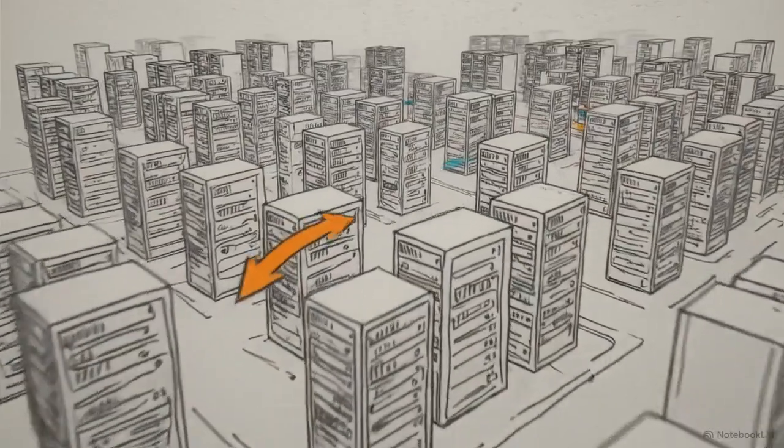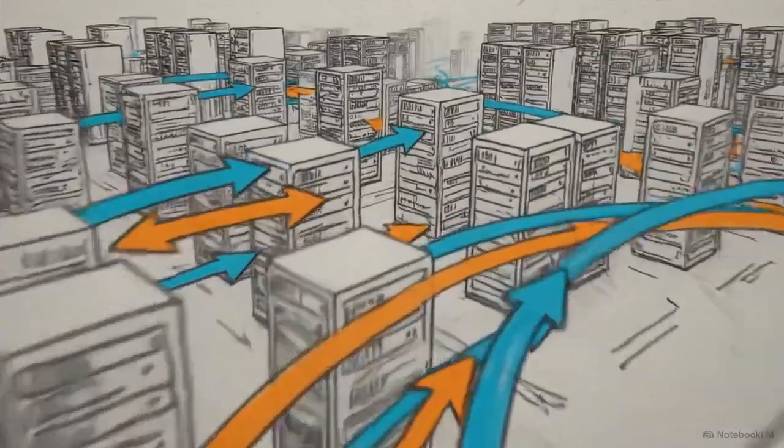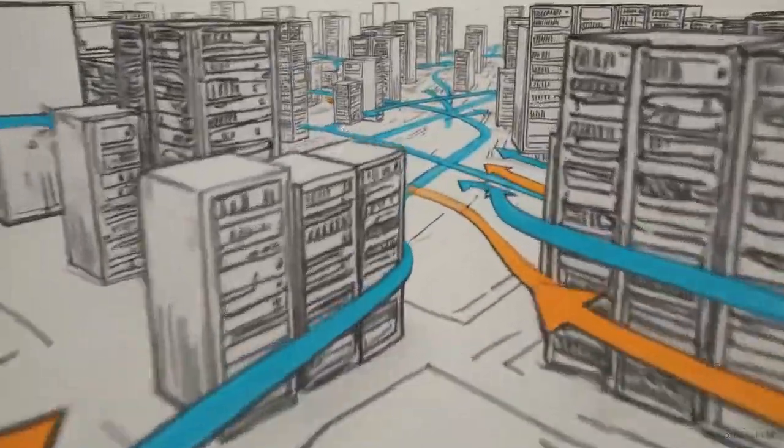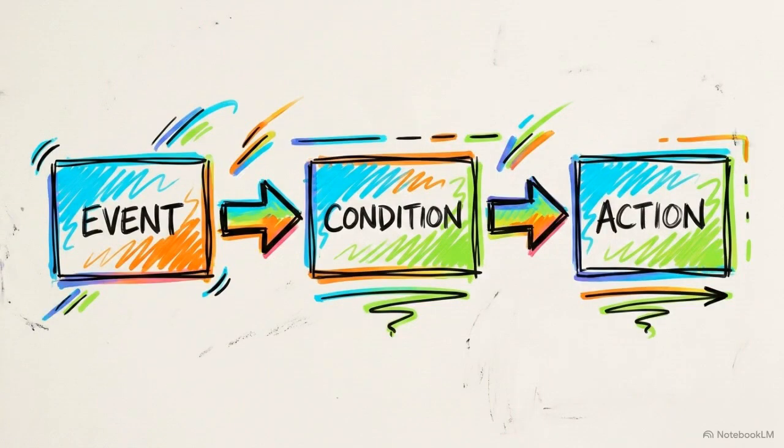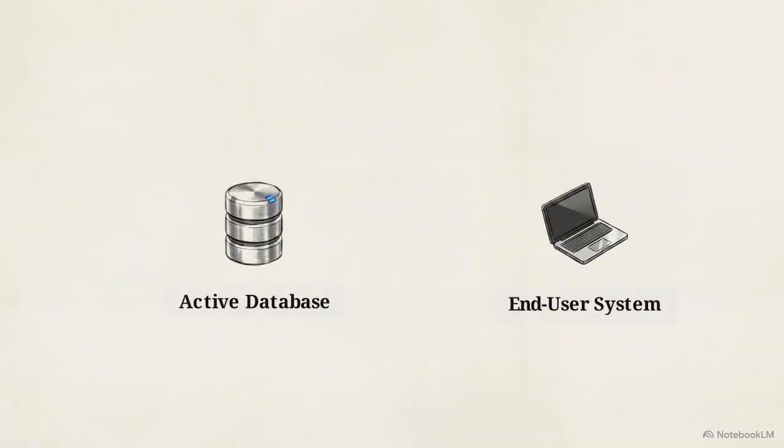We have fully transitioned from a world where data was passively stored to one where it is dynamically routed, mapped, and pre-computed. This trajectory leads to the active database, utilizing an event condition action, or ECA, architecture. Active databases monitor their own internal state changes in real time. When a threshold is met, the system executes a stored procedure, firing an